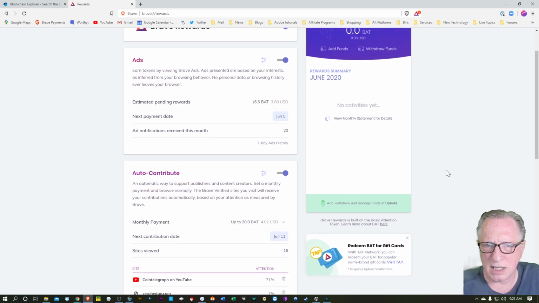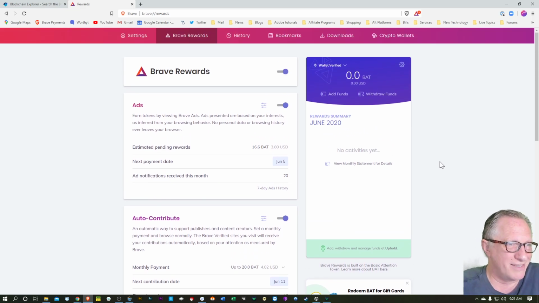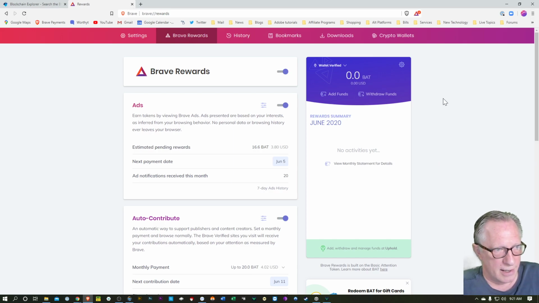As you can see, the month just ticked over, so there's 0 BAT in my wallet right now. Look, it says estimated pending rewards, 16.6 BAT, which is worth $3.80.